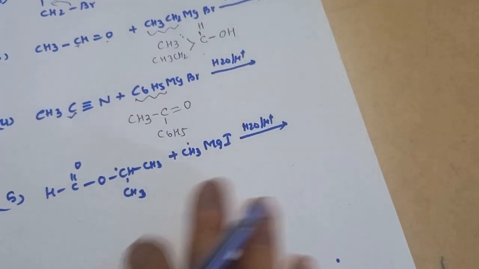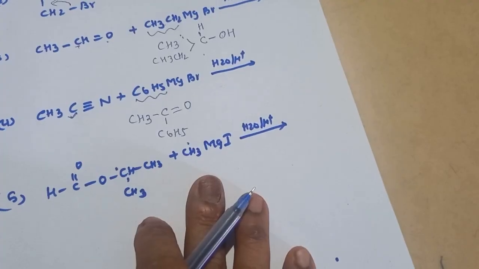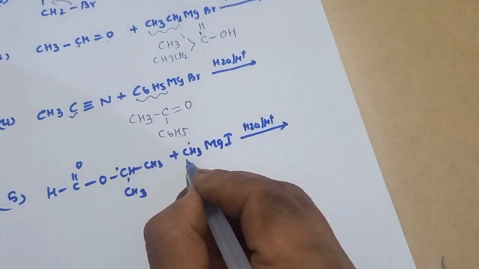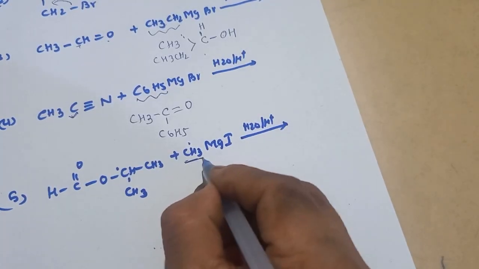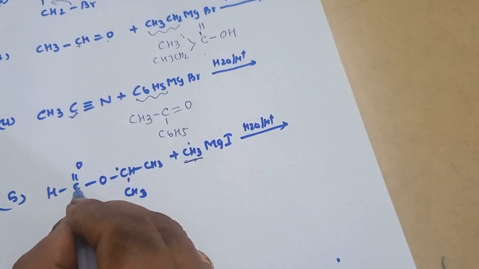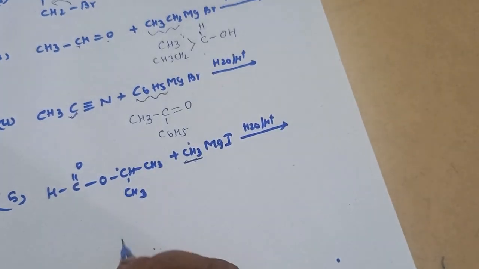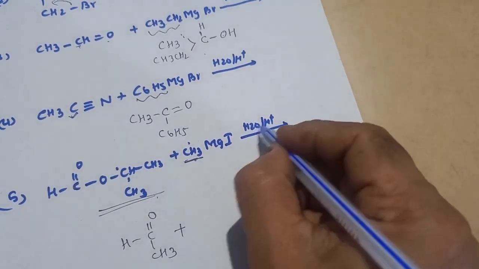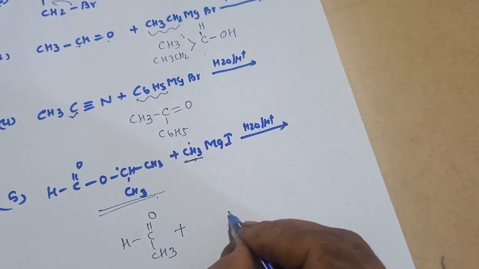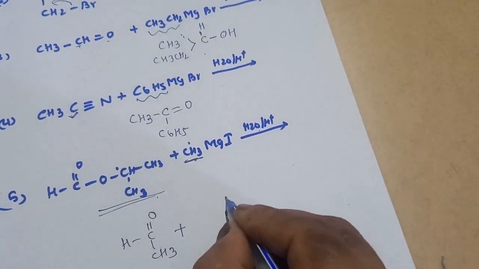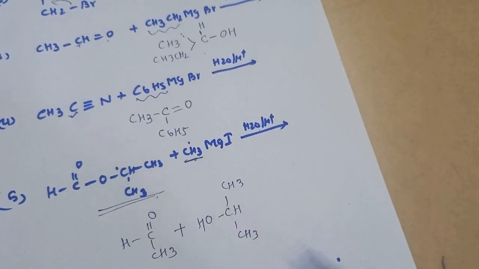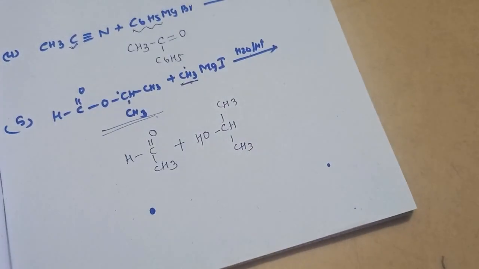And coming to this one, as I have already told, when esters are reacted with the Grignard reagent, you will get a ketone as well as an alcohol. So as usual, as I have already discussed, this alkyl group shifted to this parent carbon. So simply write like this. Nothing to do, just add this one, and you already got the ketone and the remaining is an alcohol, because if hydrolysis is given, you can write this like this, an alcoholic group.